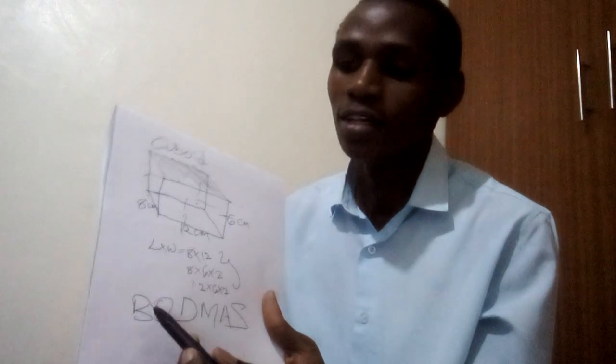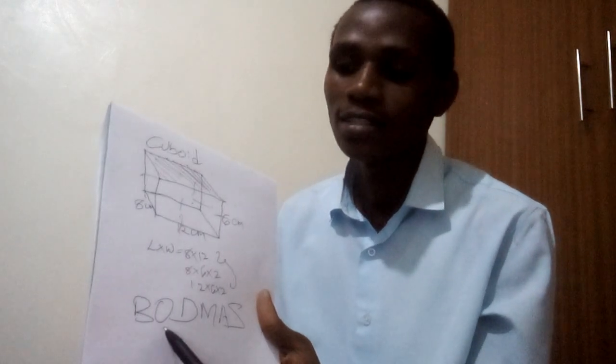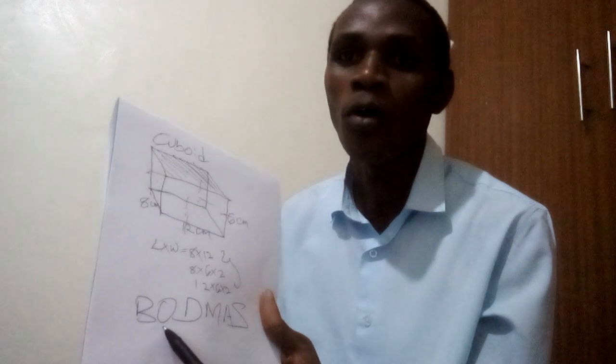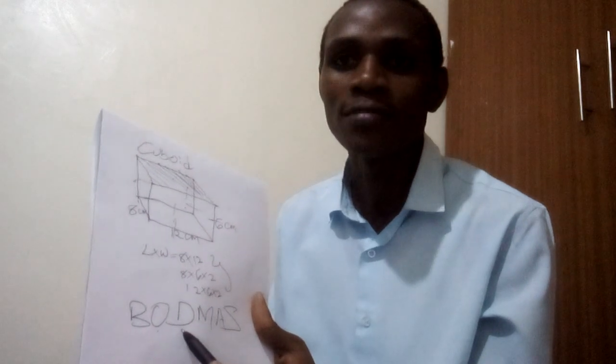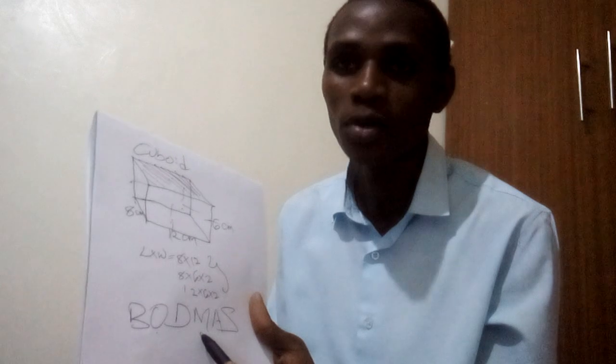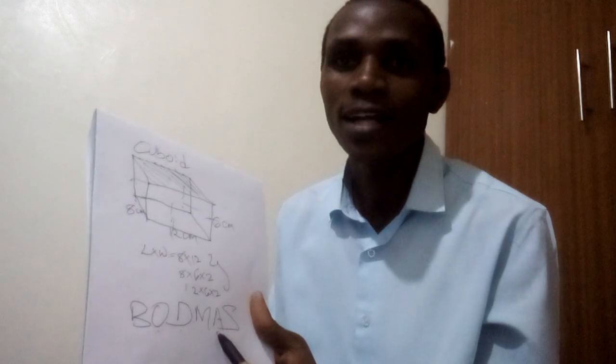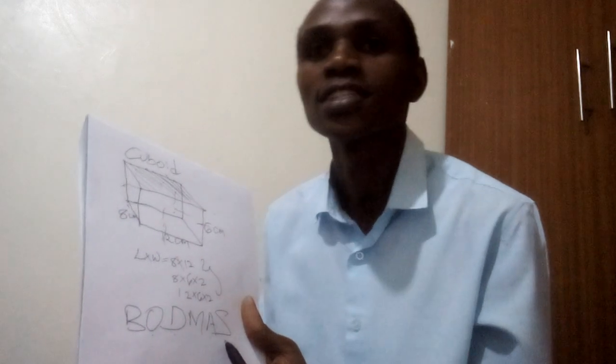Body mass. So B stands for brackets, O stands for off, D stands for division, M stands for multiplication, A stands for addition, and S stands for